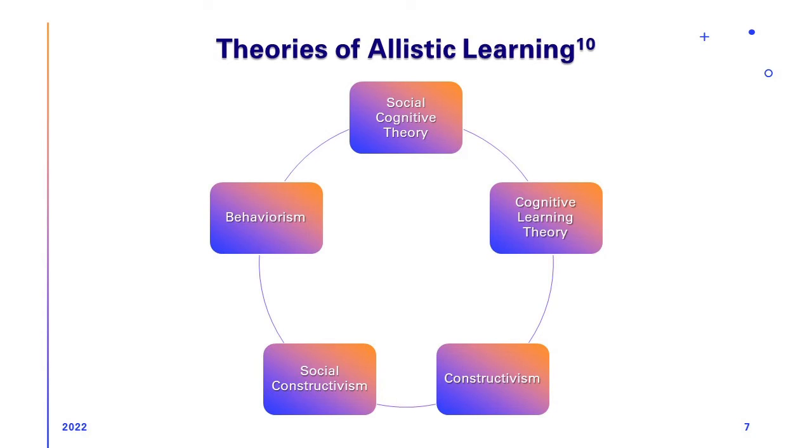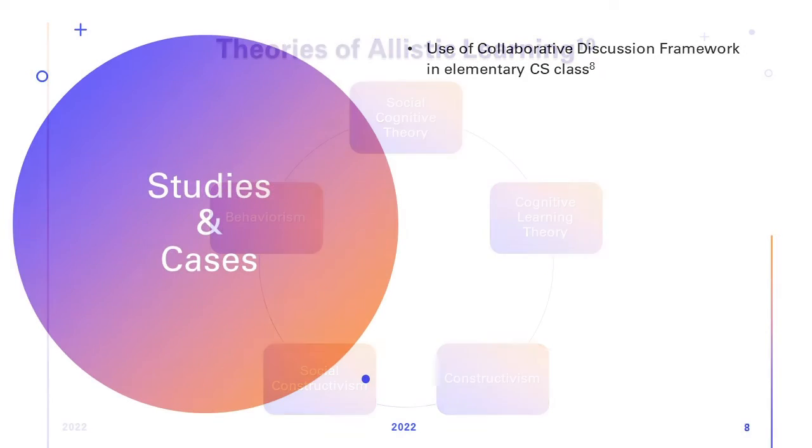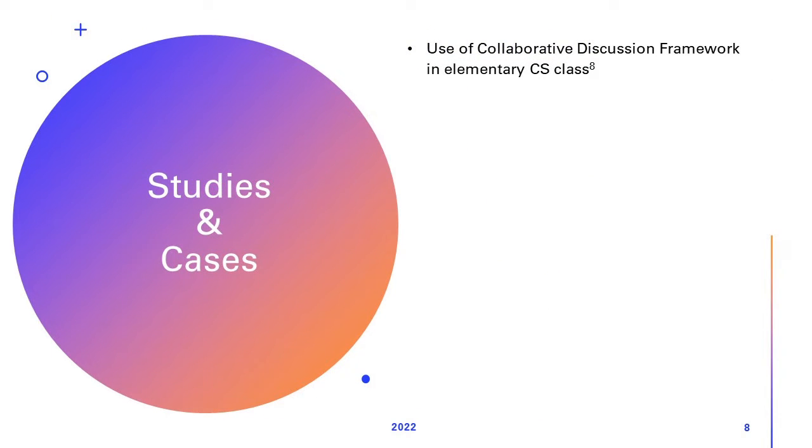Unfortunately, there is not much study on the autistic learning experience, especially in the computer science classroom. One 2020 study investigated the use of Collaborative Discussion Framework, or CDF, in aiding autistic learners in an elementary computer science classroom. In these classes, all students were taught a script intended to help learners when they were having trouble completing a task. The script was engaged with only superficially, if at all, by the 3 autistic students studied and